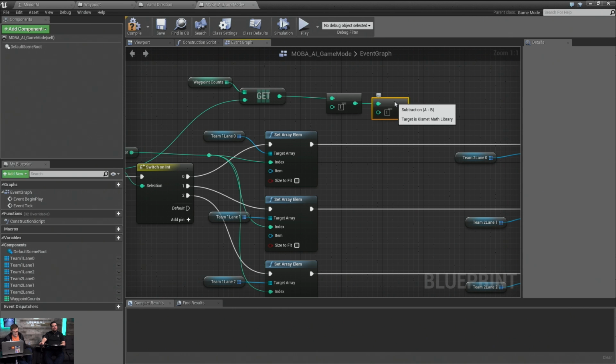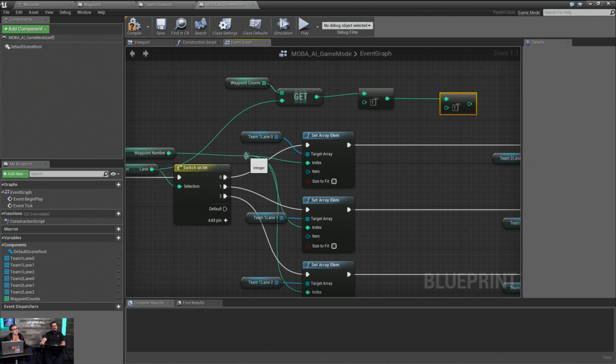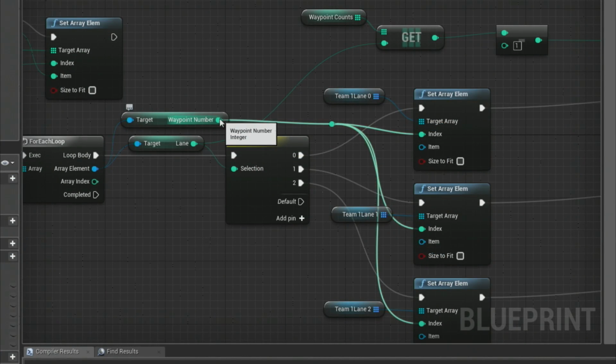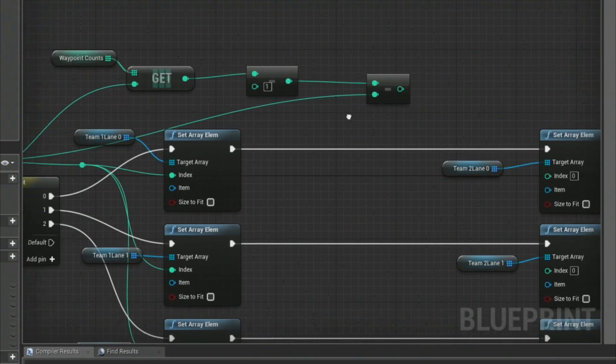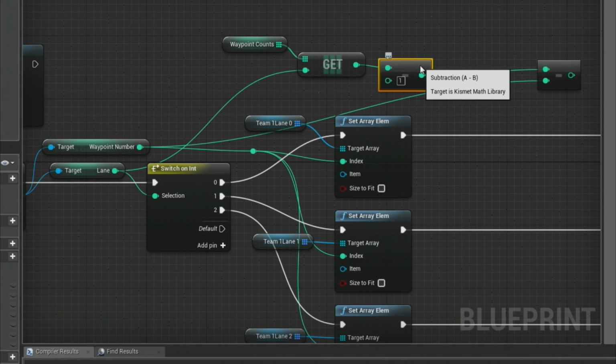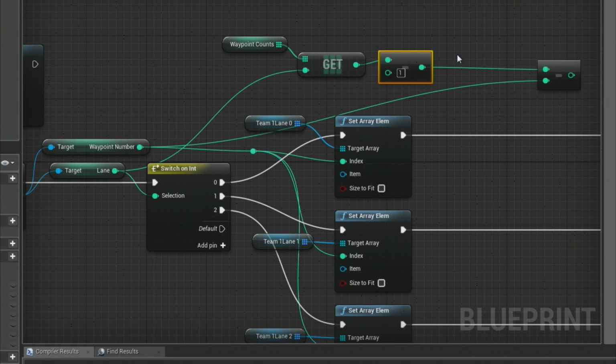That's it. Right. Yeah. So here's the thing. I think we just do this. Point number. So the waypoint counts will be +1, so we're going to be off by 1. So if, ooh, actually, that's not going to work, is it? Yeah, it will. Because if it's waypoint 0, we'll minus off 0, then we get waypoint 4. If it's waypoint 1, it'll be waypoint 3, 2, 1, 2.